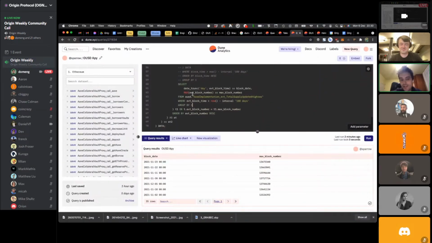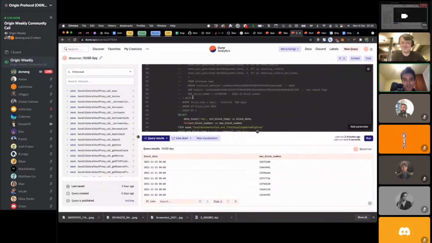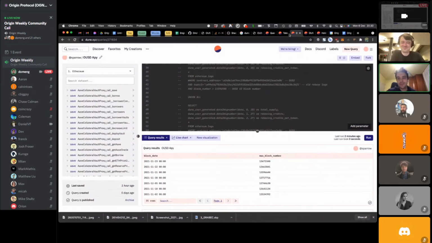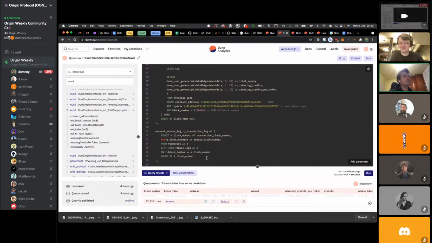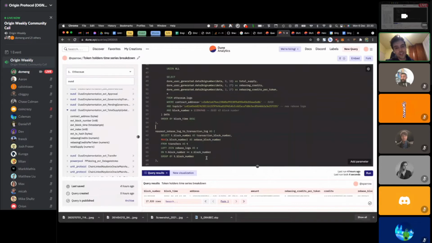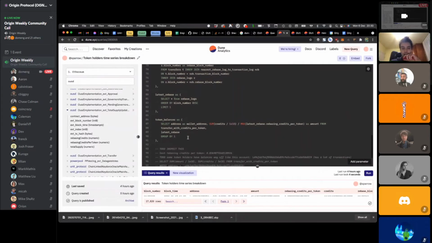And everything is expressed in SQL. So if you cannot do it in SQL, you're kind of out of luck, I guess. But there are a lot of user-defined functions, and you can also commit your own user-defined functions, or for your specific project, if you want to reshuffle or reorder the data into some sort of view, which you could then query using their tool. You can do that. You can submit a pull request. I haven't obviously gone through that process yet because there was no need for it right now.